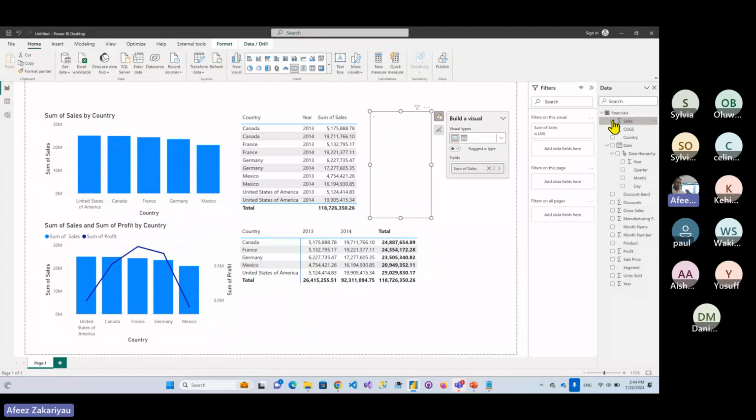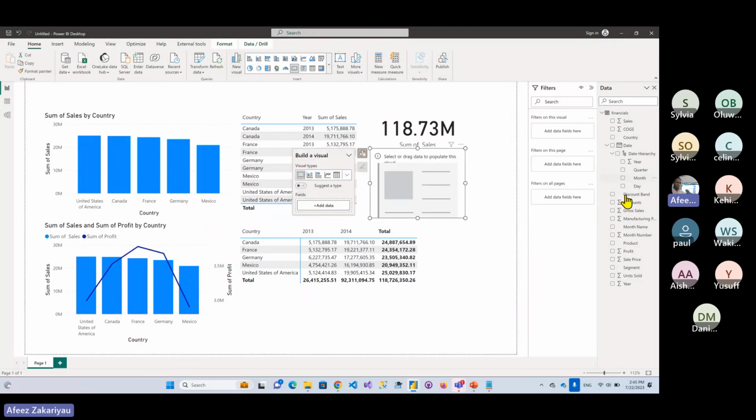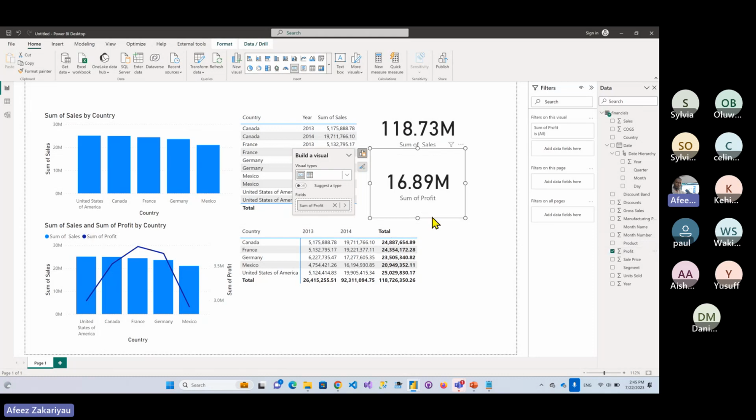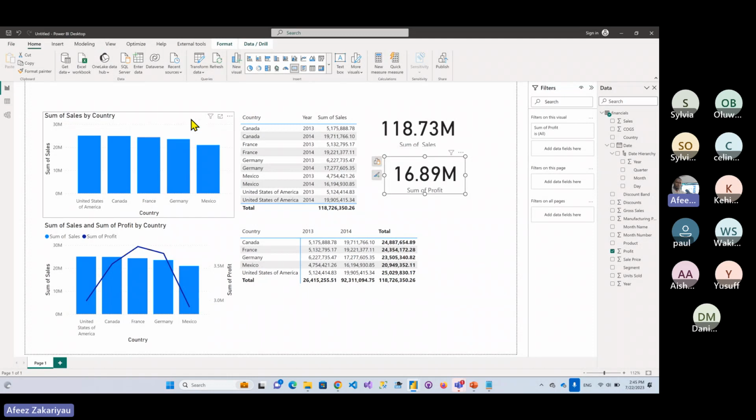To do that, to display all the total sales is this. So you don't need to stress yourself. To display profit, you can hide another card and then display your profit there. So it's very simple like this. You just need to know how to format it, how to make it more beautiful, how to use color combinations and so on. That's left to you, and to how you can manipulate or format